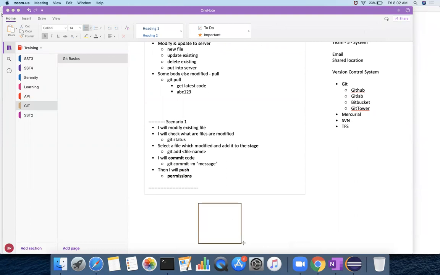Now, how you can look at this: this is your local repository, and this is your remote repository. Whenever you do git pull, it will get the latest code from remote to local.